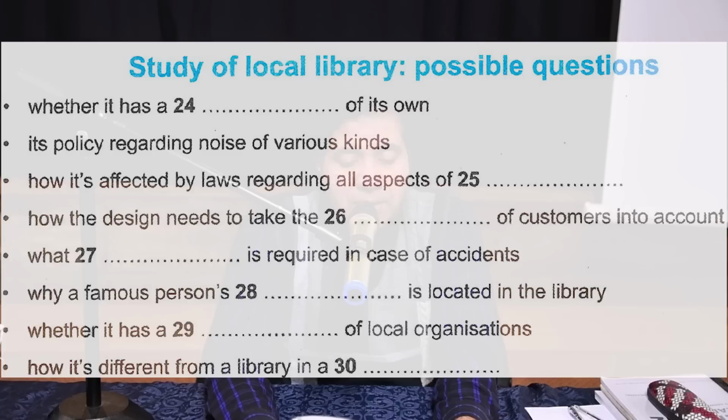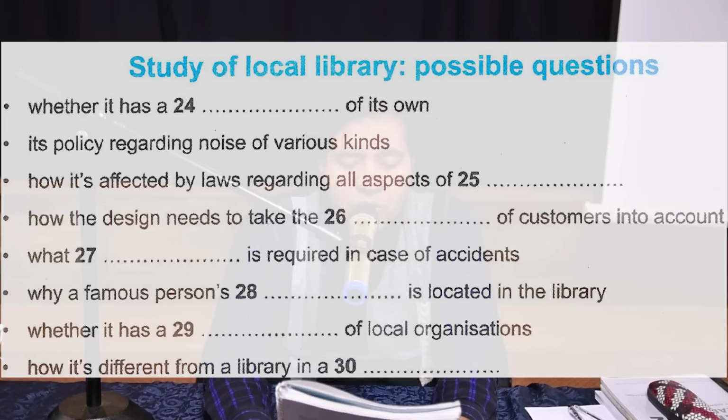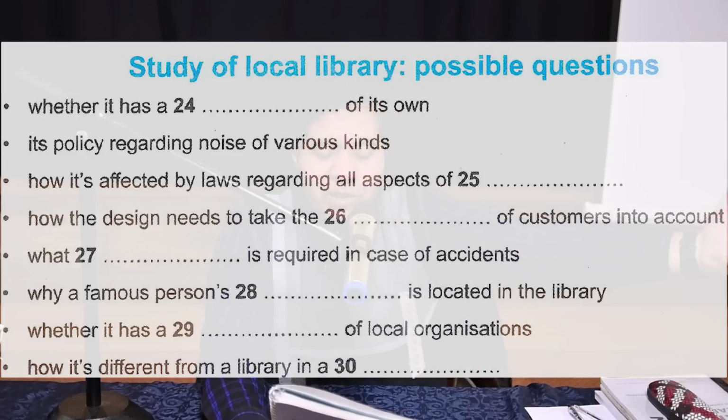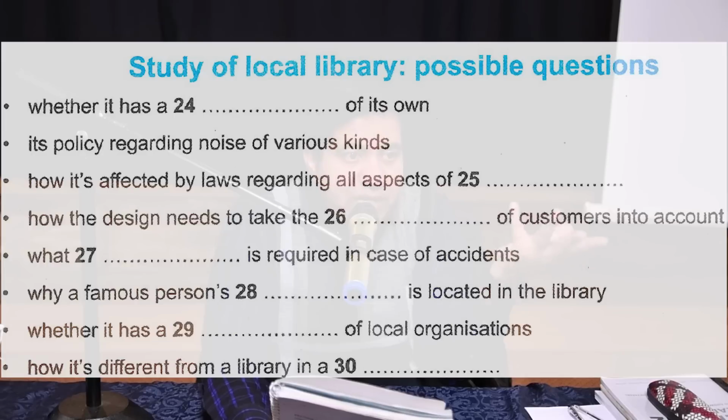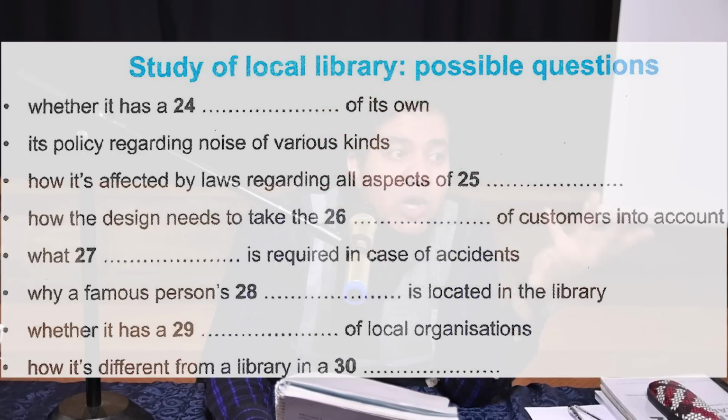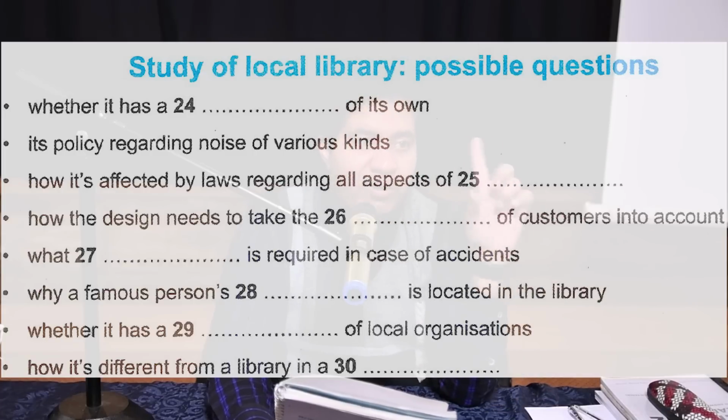Questions 24 to 30. Complete the notes below. समझ आ गया जी, notes completion है. Write one word only. कोई नंबर नहीं है. One word only. तो आपने सिर्फ एक word लिखना है. Study of local library possible questions. कि local library की जो study है उस पे possible questions क्या क्या हैं. Whether it has. अब जरा गौर से सुनिएगा, it का क्या मतलब है? Library. Exactly. तो अगर खाली इट को इट पढ़ेंगे तो समझ नहीं आएगा. अगर आप पढ़ेंगे वेदर लाइब्रेरी हैज अ डैश ऑफ इट्स ओन, कि लाइब्रेरी की अपनी कोई चीज है, अब वो कौन सी चीज है दैट बिलोंग्स टू द लाइब्रेरी. आई प्ले द ऑडियो एंड वन वर्ड ओनली.